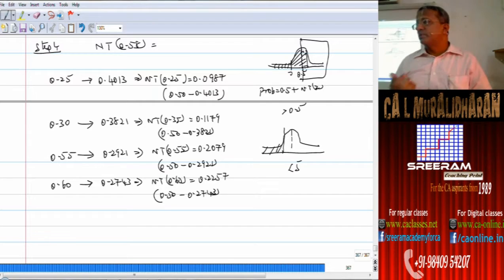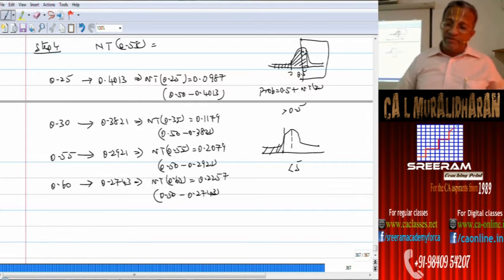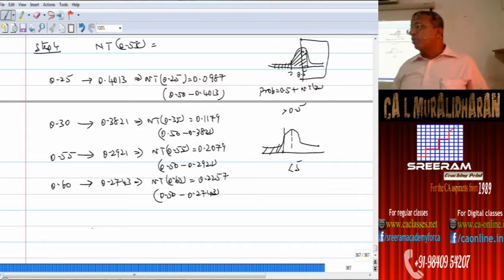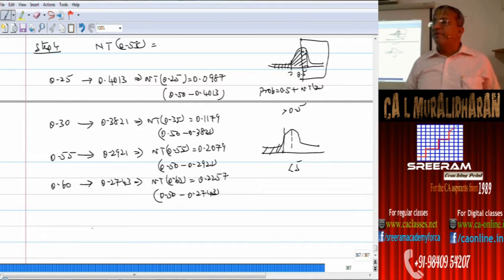We have just got the numbers. What is the next stage? We have to find out the normal table value of 0.58. Now you don't have the workbook, you don't have the normal table. With 0.55 before you and 0.60 before you, you are expected to find out 0.58. It is not a scientific method, but where you don't have the fullest information, this is the only method that you have.